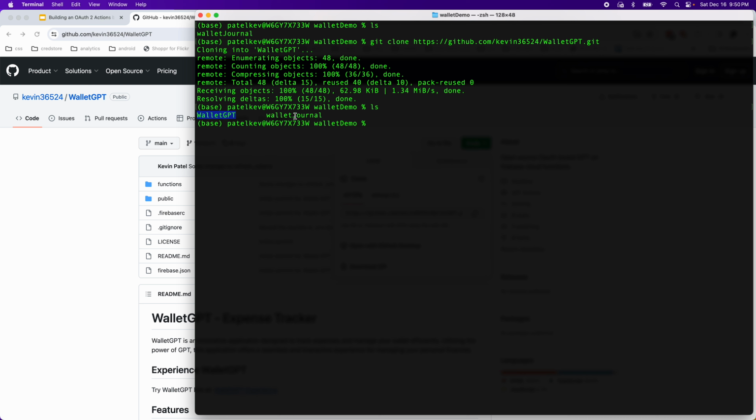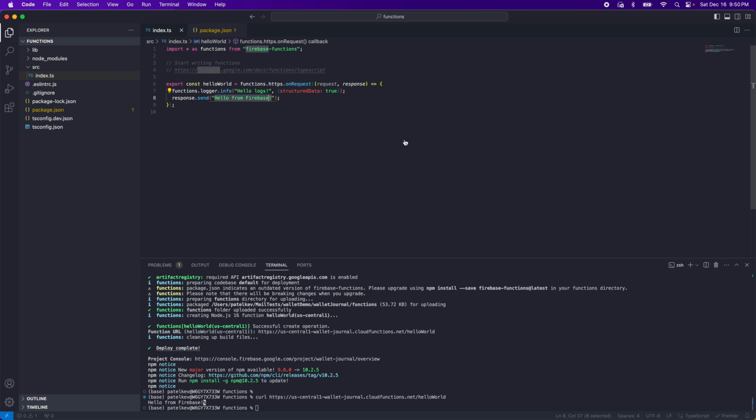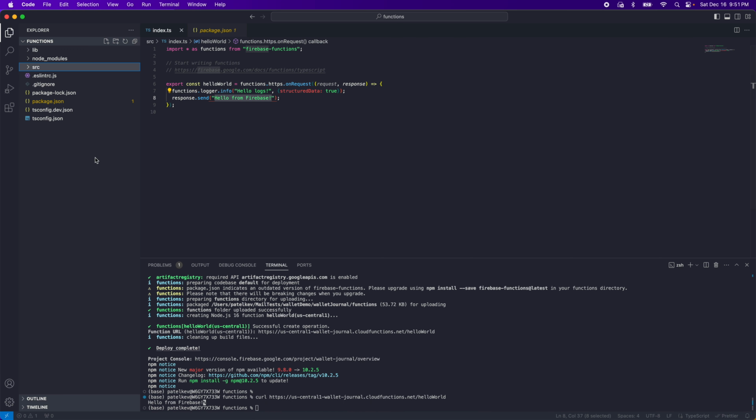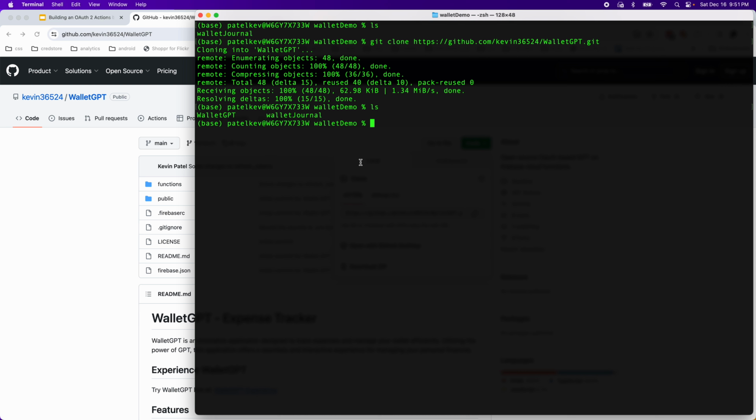Right? And what I will do now is I'm going to delete the whole functions folder, and I will replace it with the functions from wallet GPT. So let me go to wallet journal. This is the new one that we created, which has a hello world application. I'm going to replace the functions,